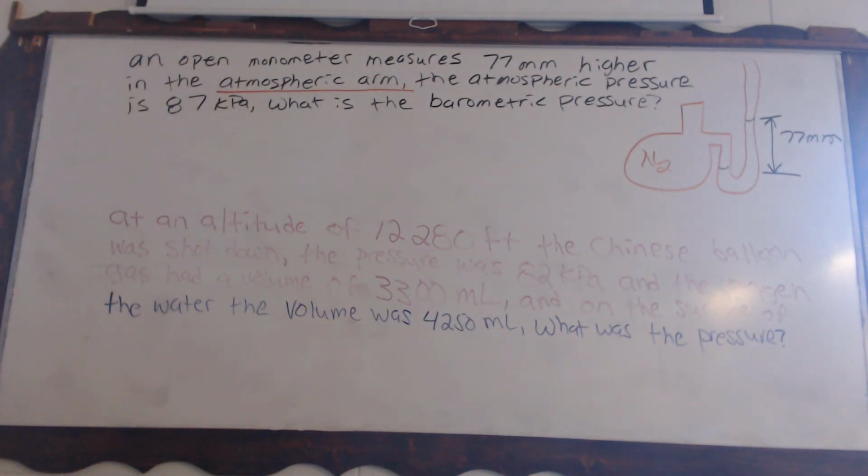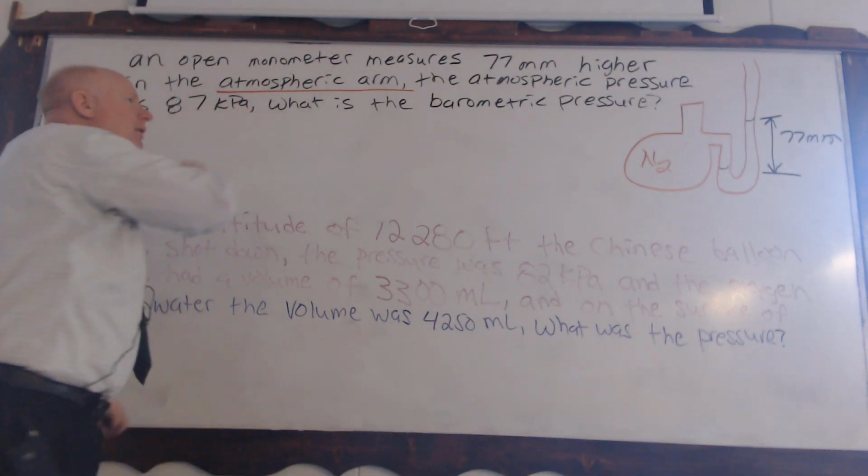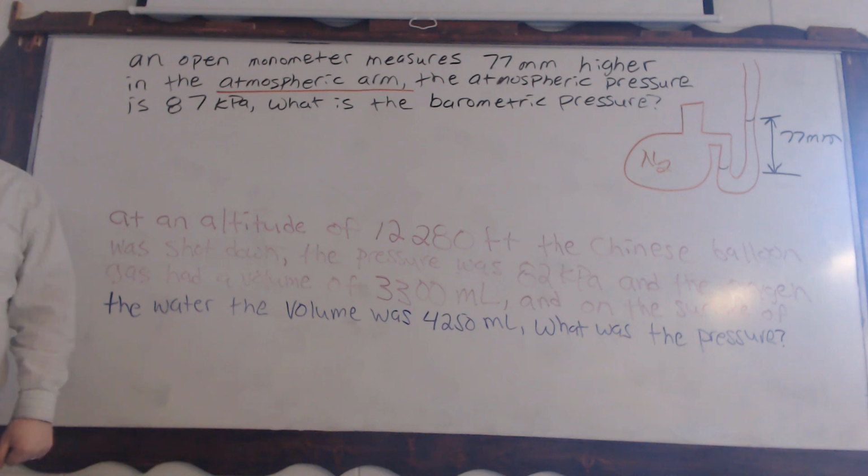Okay? So what are we going to do with that 77 millimeters? We're going to convert it to something. And our correction is tied into this. So we have to get this into kilopascals. So how would we go about doing that? That's first, and then into kilopascals. Okay? So if we start with 77 millimeters,